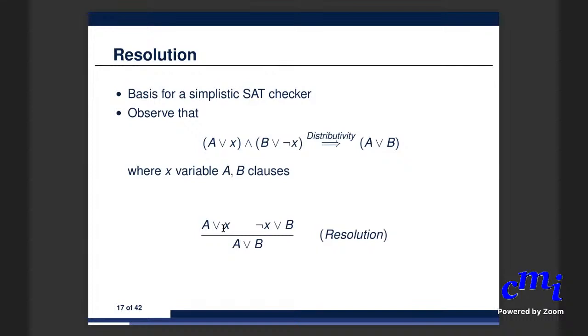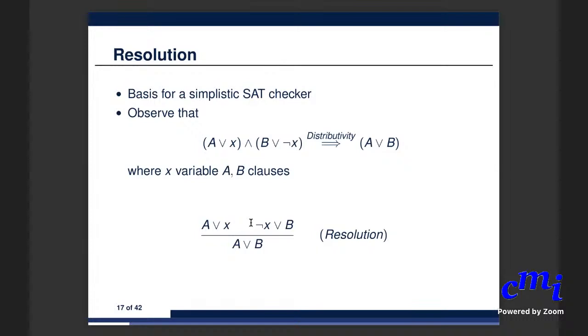Okay, a literal appears with positive polarity in one clause and with a negative polarity in the other clause. If you have these two clauses, then you can replace them with a single clause. You can eliminate X and not X in the two clauses. So here A and B denote whole disjunctions of literals. Okay. So what it says is that if the conjunction of these two clauses that are above the line is satisfiable,